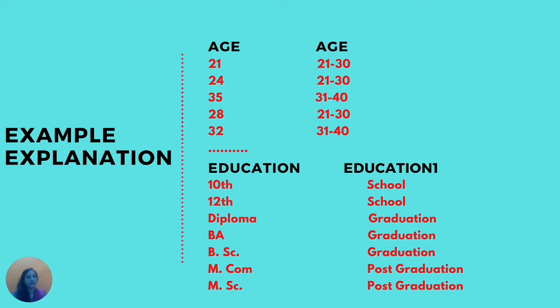Now talking about the second variable, that is education. After looking into education, I found that the respondents are from school background, or have completed graduation or post graduation. So now I can classify these responses on the basis of school, graduation and post graduation. And you can see here, instead of education I have written the new variable as education 1. That means I have used recode into the different variable. I am not destroying the original one, and instead I am creating the new one. This way we can use these two options available in SPSS.